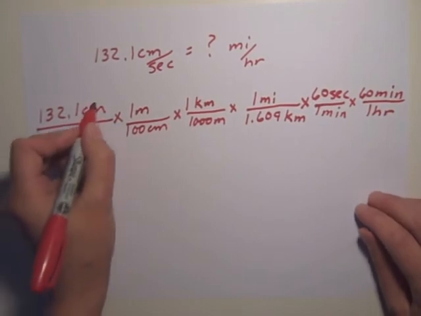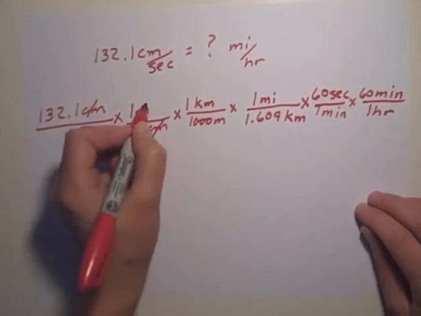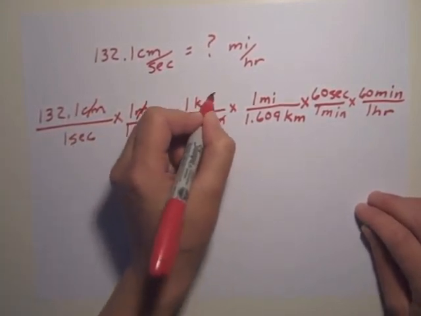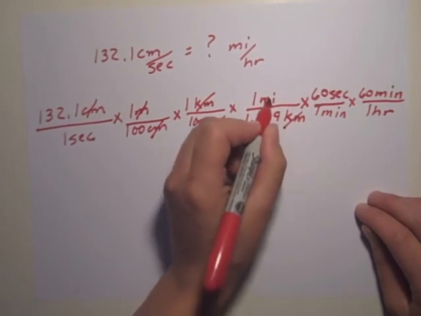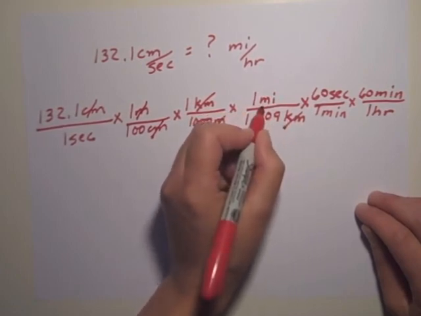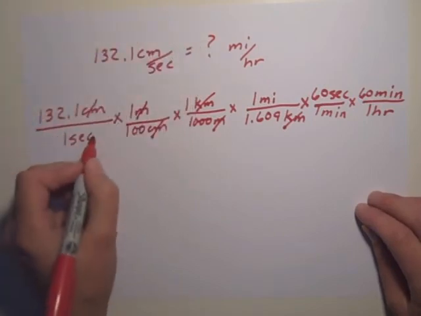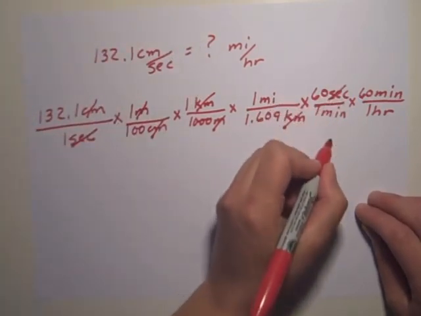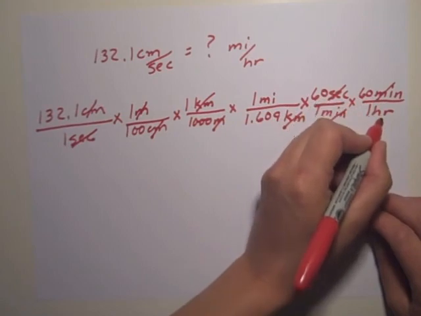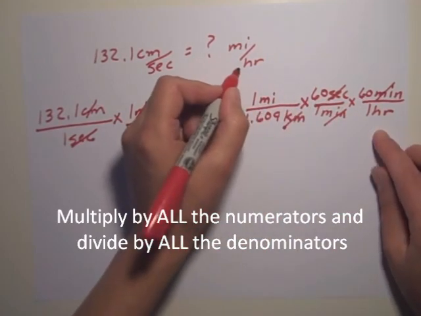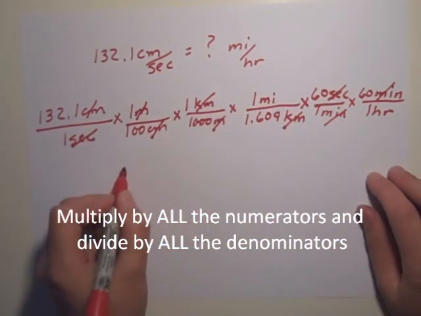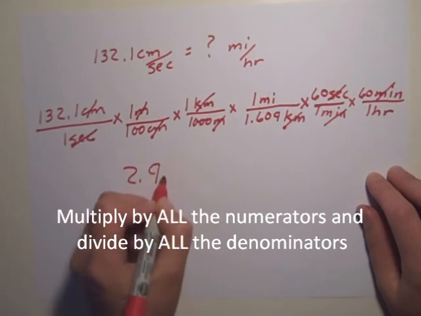When we go through, we cancel our centimeters, we cancel our meters, we cancel our kilometers, and we are left with miles for a distance measurement, which is what we're looking for. With the time, we cancel our seconds, we cancel our minutes, and we're left with hours, which is what we're looking for. When we do this calculation, we get